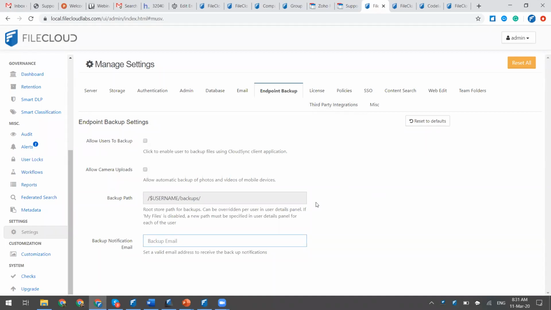If you have Sync installed on a Mac or a Windows computer, you can actually configure Sync to pick specific folders from the computer that don't actually have to be in your FileCloud folder, and make those go into the backup folder. That's a one-way backup, something you want to keep in mind. So anything that you do on your computer will be synced up to FileCloud. But if you change those files on the web UI, those changes are not going to be synced down. Your license information,